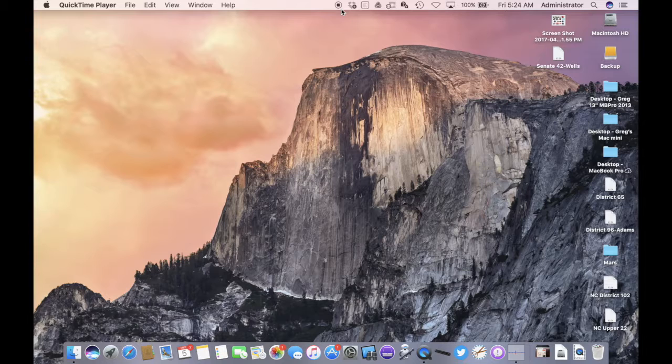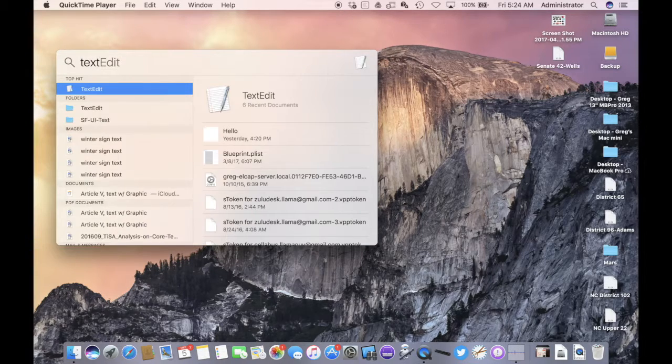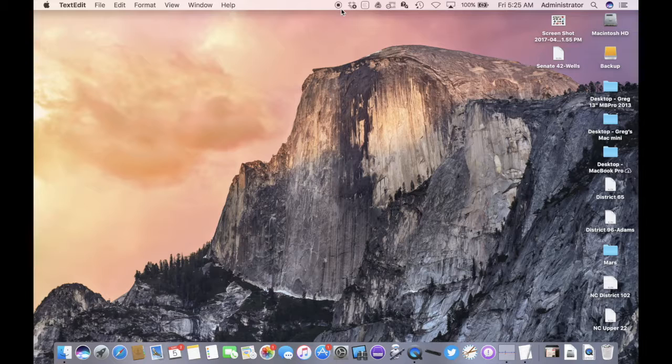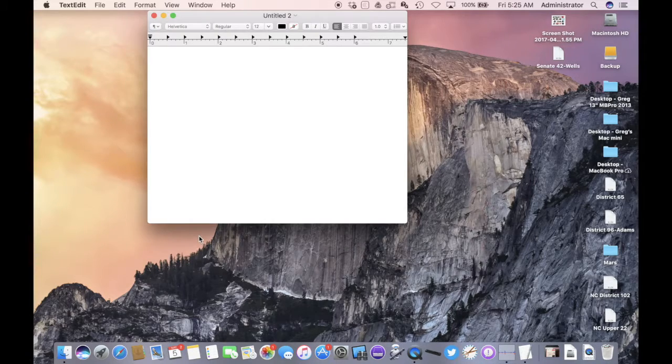All right. We're recording right now. You're listening only to the computer. I'm going to come over here and open up a program called TextEdit. TextEdit is a program built into your machine. We want to do a new document. And what I'm going to do is say how to record a screen